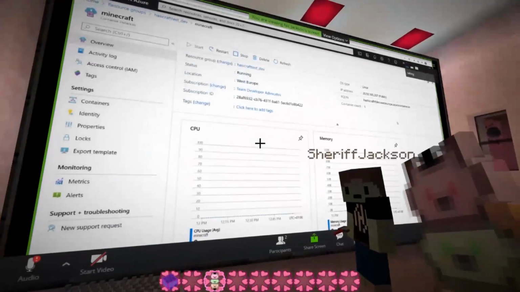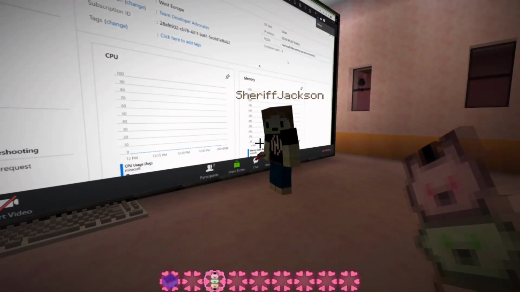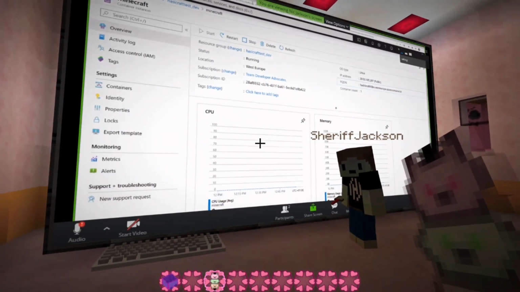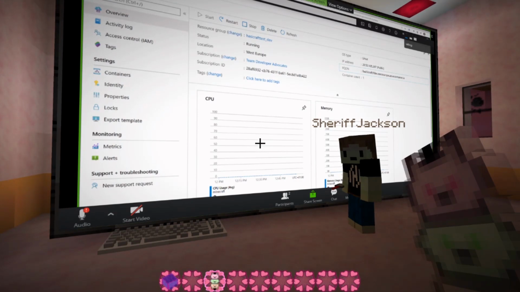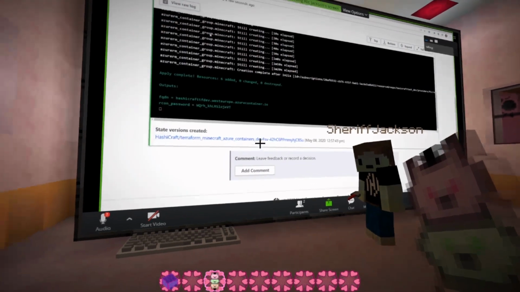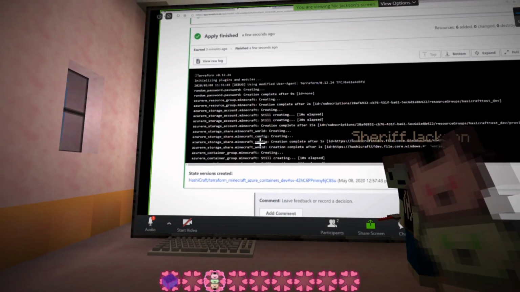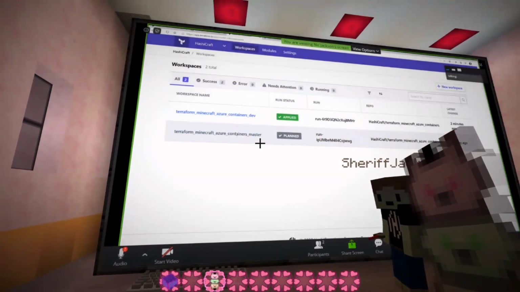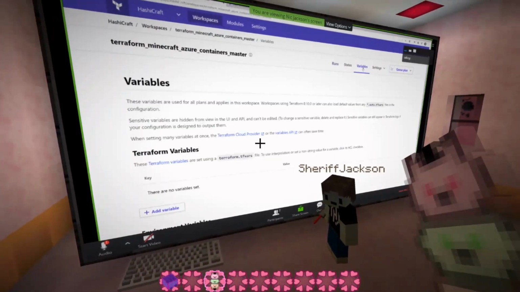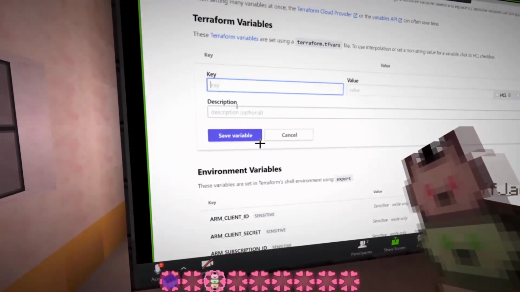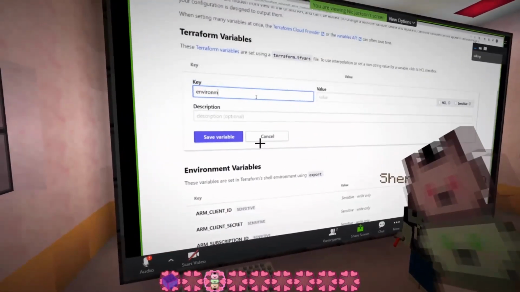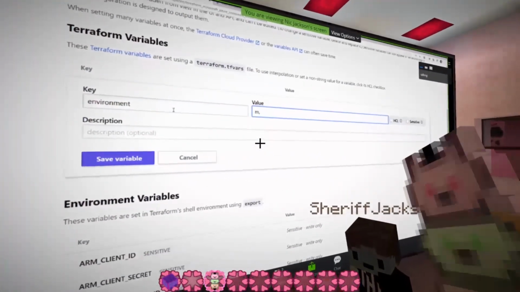Right. All right. Last step. What we want to do is promote this to production, and see how we're going to do that. What we're going to do first is make one small modification to the environment that we set up last time for our master environment. We're just going to add that in as a variable, the environment variable, environment, and set that to master.